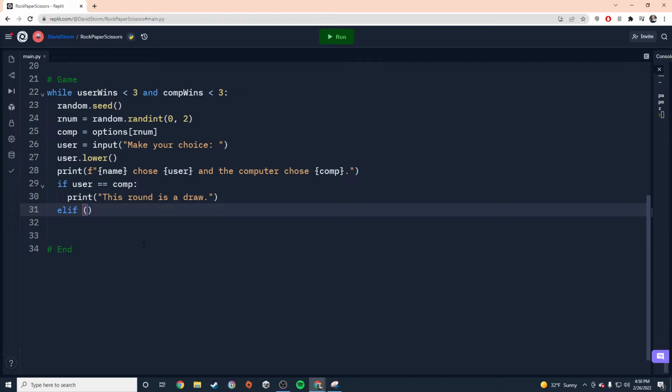Now we can put all of those conditions in this elif, basically saying this statement is going to check to see if any one of those conditions is true. So let's do the first one. If user equals paper and comp equals rock, then if that's the case, then we have won the game. But remember, there are two other possible conditions. So outside of the parentheses here, we can say or